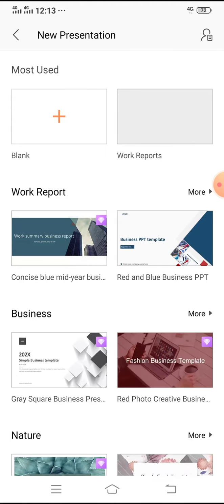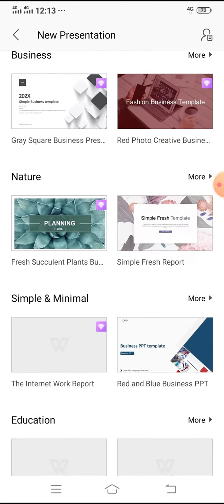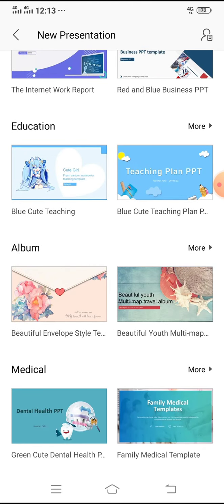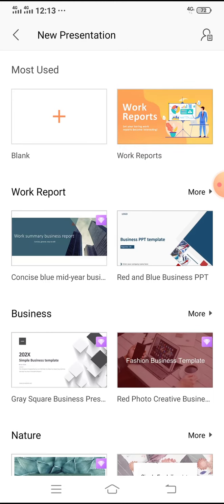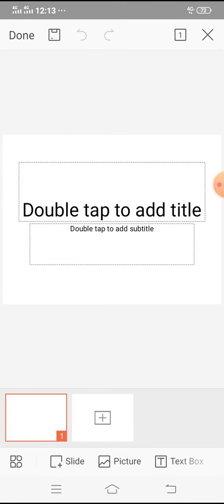Here you can see different templates for creating a presentation. You need to click on the blank presentation so that you can create your presentation from scratch. Now here you can see at the bottom there is a miniature version of your slides, or you can say thumbnails.